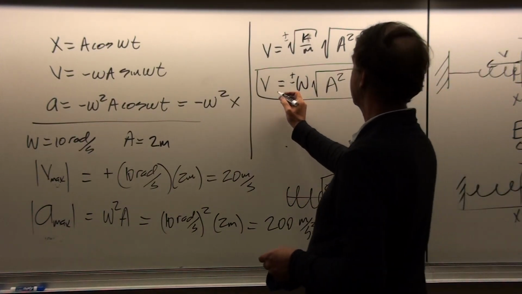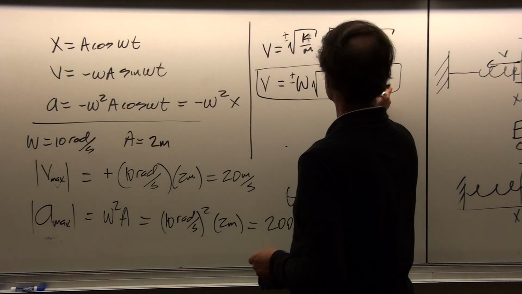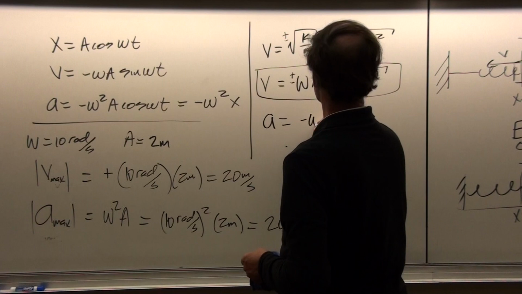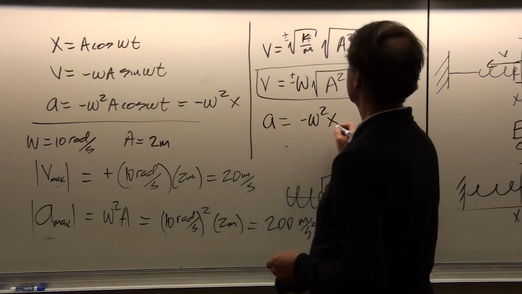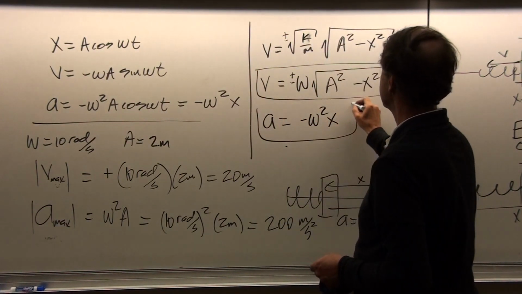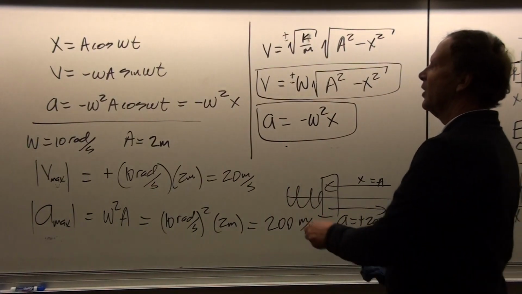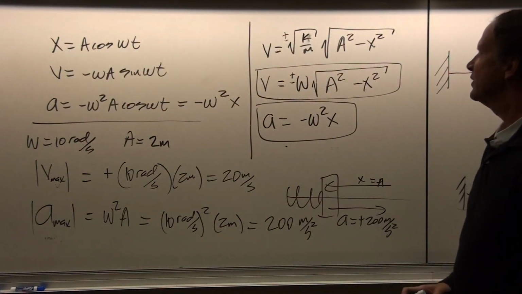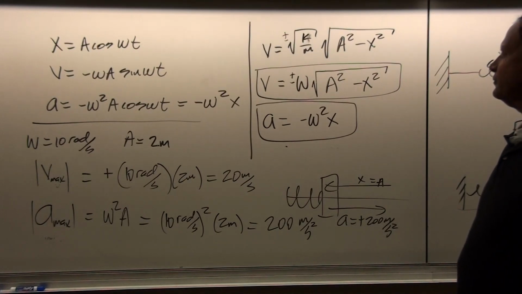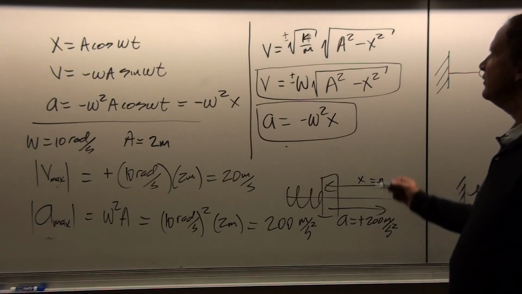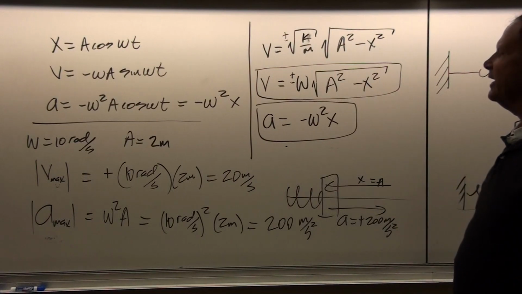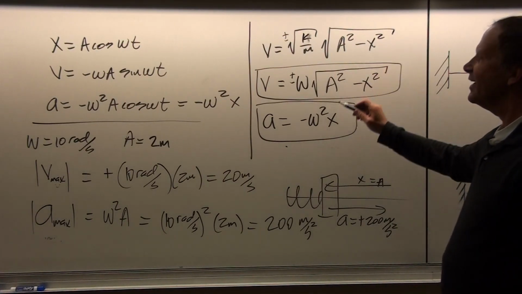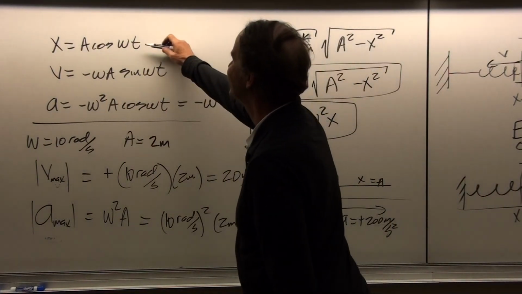So here we've got the velocity as a function of displacement. We also have the acceleration can be written as minus omega squared x. So the acceleration can also be written as a function of displacement. Or we can write all three of them in terms of their time dependence. And they're both equivalent, but it depends on which kind of problem we're trying to solve. One in which we know the initial x values, or one in which we need to...